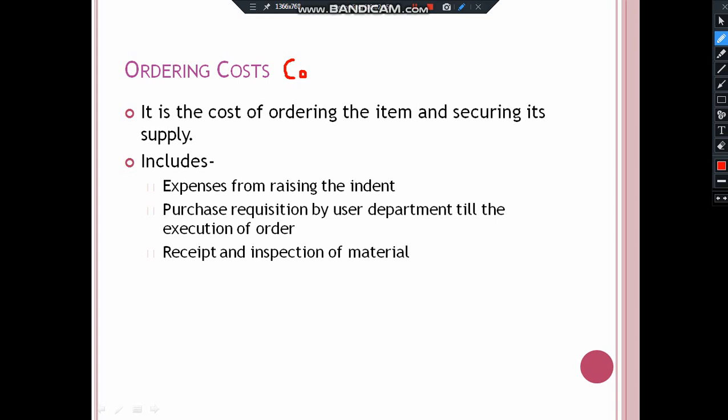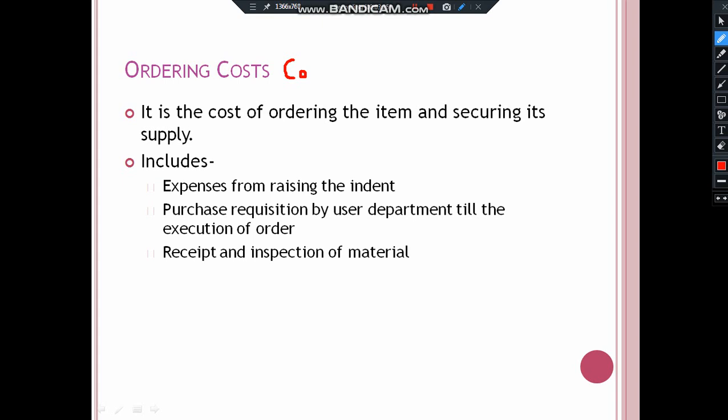Whatever money you have invested in sending the information, that will come under ordering cost. Now suppose all the vendors have sent you the quotation, you will finalize 2 or 3 vendors. Out of all the quotations that you have got, you will definitely try to meet 2 or 3 vendors who are giving you the best offer. So you will call those vendors and try to meet them in person. There also, in the arrangement of meeting those vendors, some money will be invested. That will also go under ordering cost. Then one final vendor will be selected who will send you the raw materials. Now when the raw material is sent to you, then they will use some transportation. So that transportation cost will also go under ordering cost.